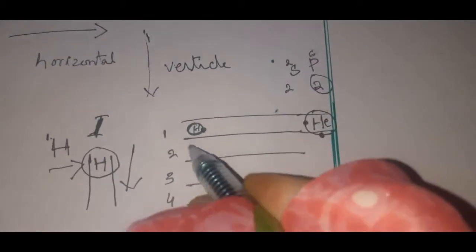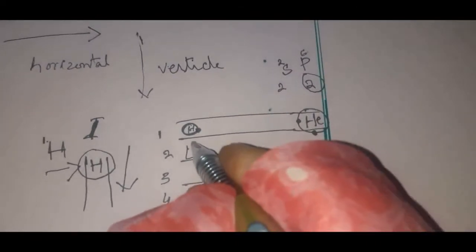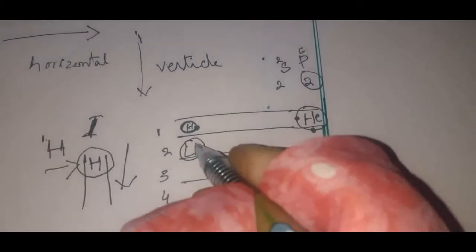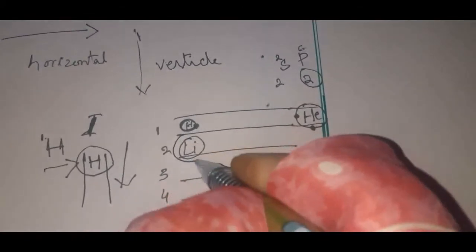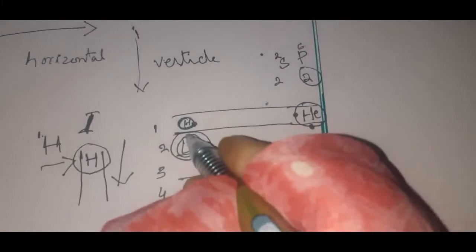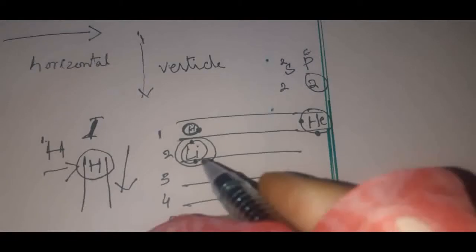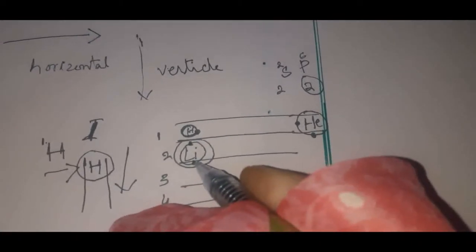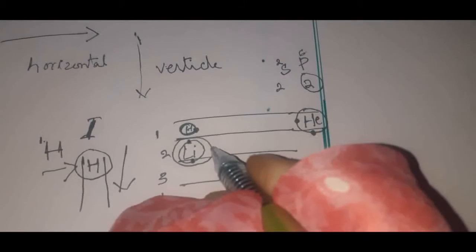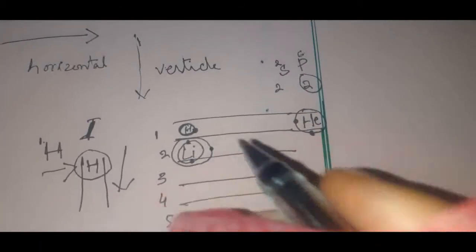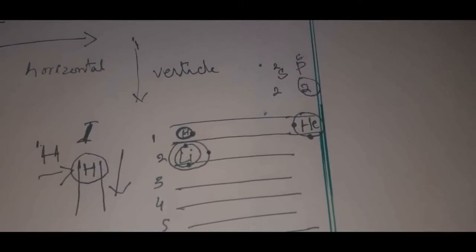The third element of the periodic table, after hydrogen and helium, is lithium. As lithium is the third element, it lies in the second period in the first group. Second period means it has how many shells? It will have 2 shells. The first shell will accommodate 2 electrons, whereas lithium's atomic number is 3. This means that it will have altogether 3 electrons. So the first shell has 2, whereas the second shell will occupy how many electrons? Only 1. So 1, 2, 3. 3 electrons over here, right?